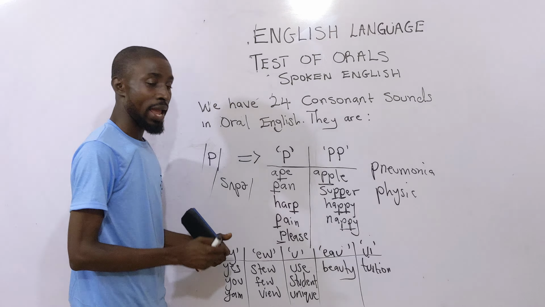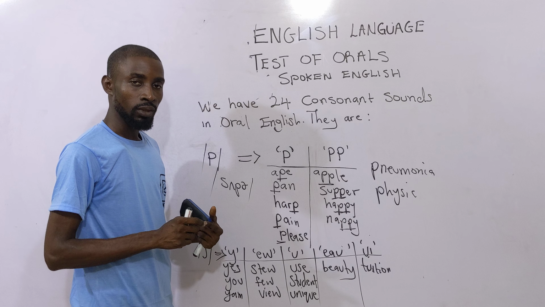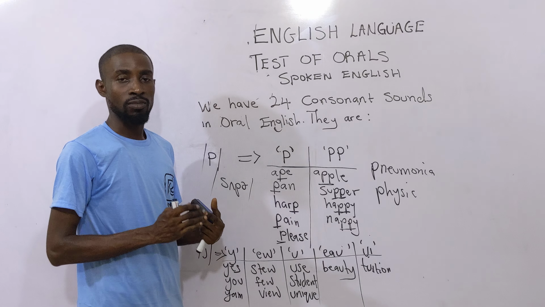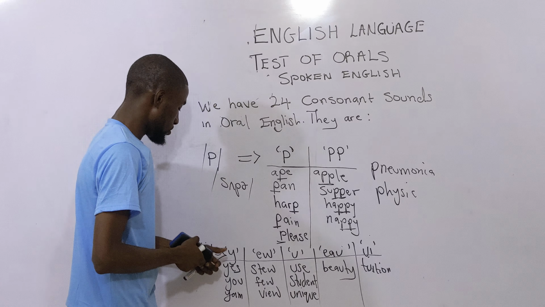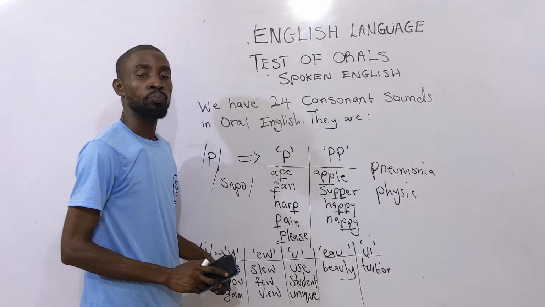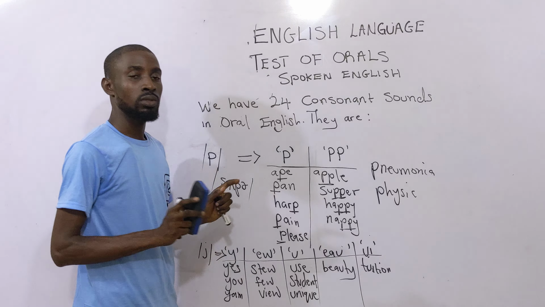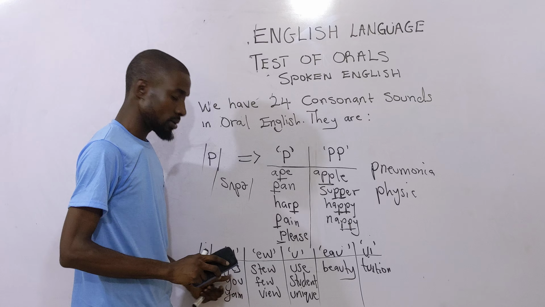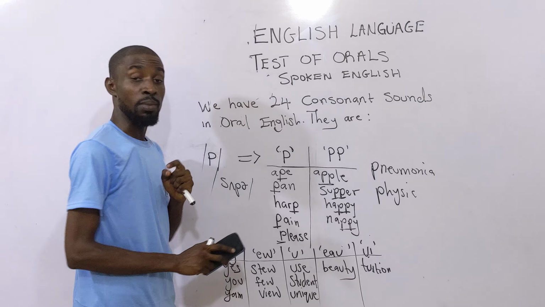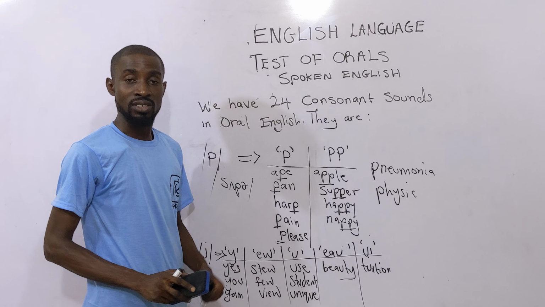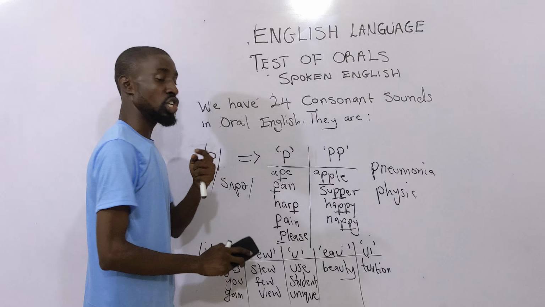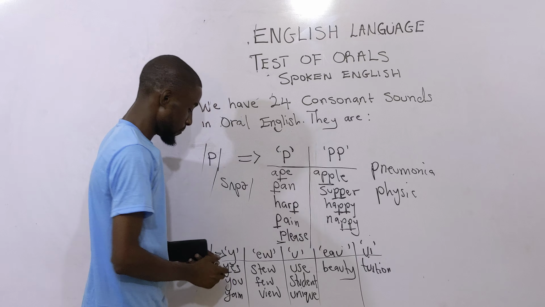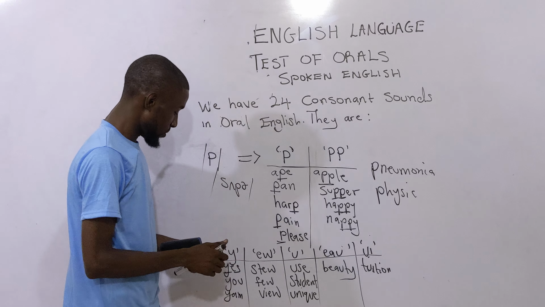So we have the Y, called Y sound. Every Y changes to J in terms of transcription. Every Y changes to small letter J. So these sounds is called Y sound. So here we have single Y. Yes, you can see that I'm talking about Y sound. So under yes, is it not the same Y that is coming up? Yes. Then you is still you.